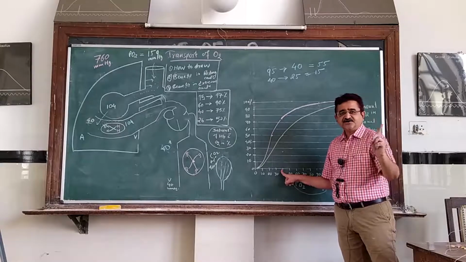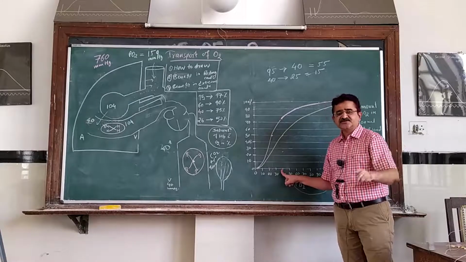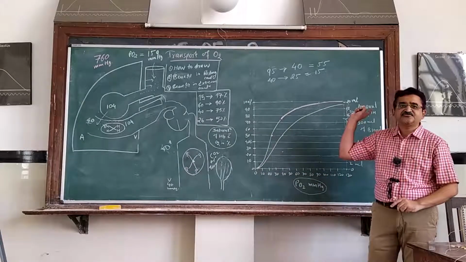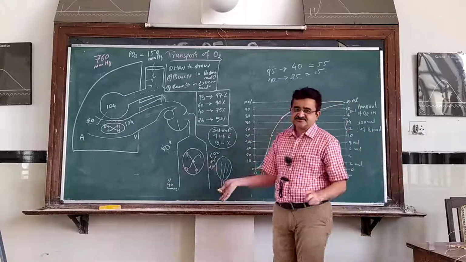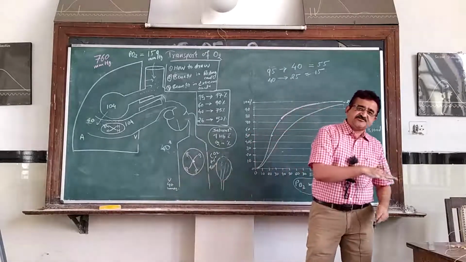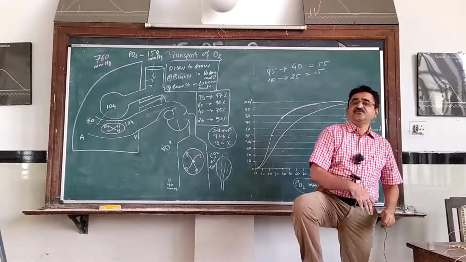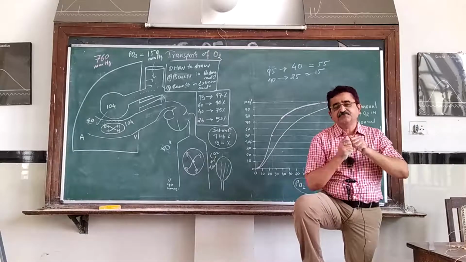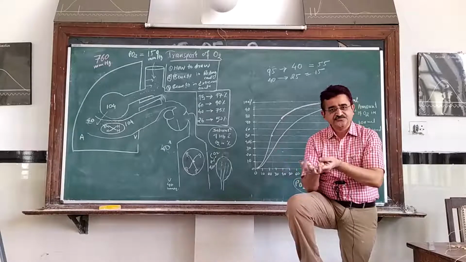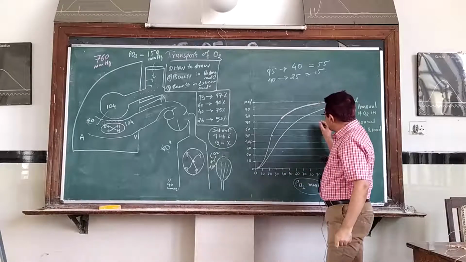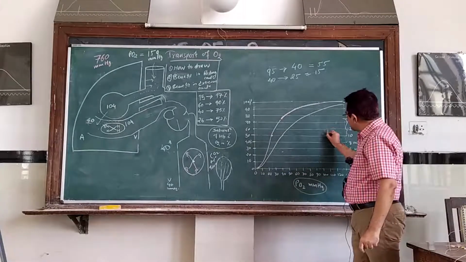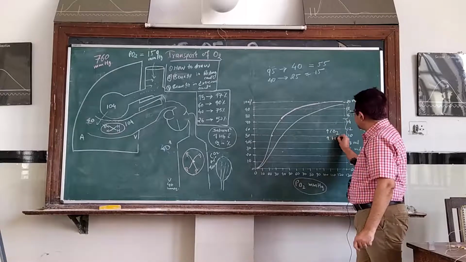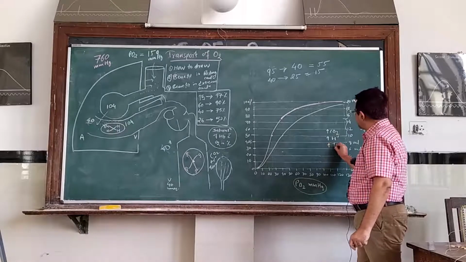No change in the PO2 at the arterial end, no change in the PO2 at the venous end, still the extra amount of O2 is delivered, and this is delivered just by shifting the curve to the right side or the down side. So when the curve is shifted to the right side, the affinity of hemoglobin for oxygen is decreased, and it holds less O2 but delivers more and more O2. So now, what are the factors which have shifted the curve to the right? Number 1, increase in the CO2. Number 2, increase in the H plus ion. And number 3, increase in the temperature.